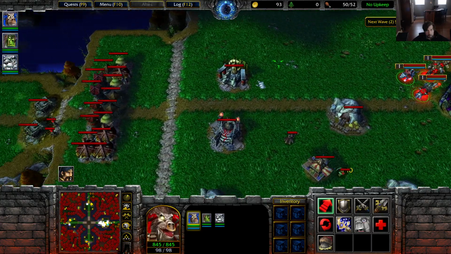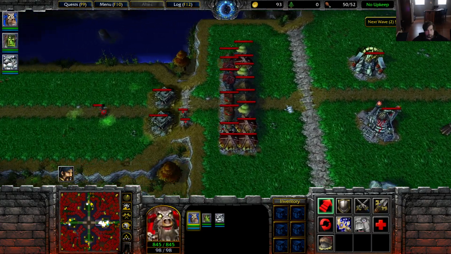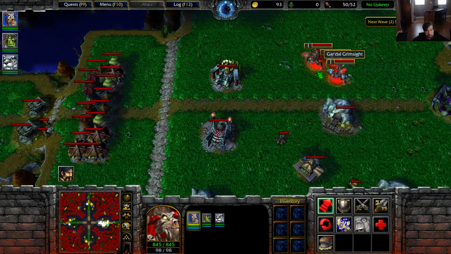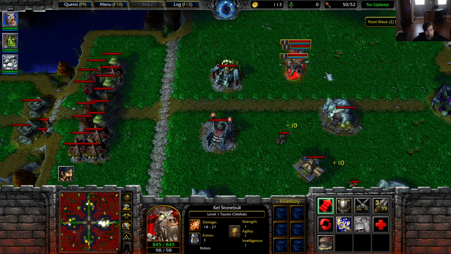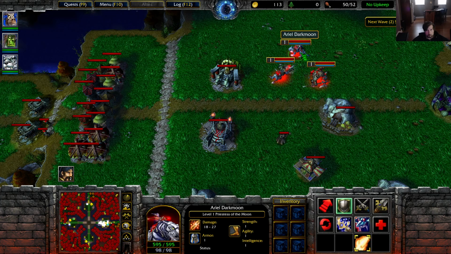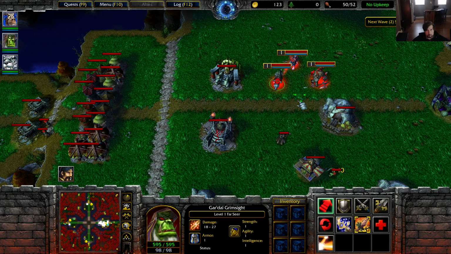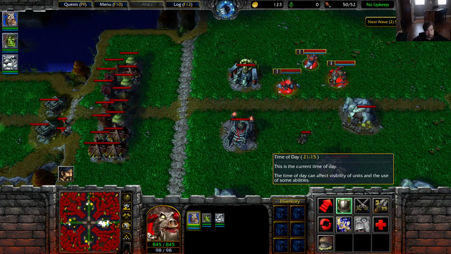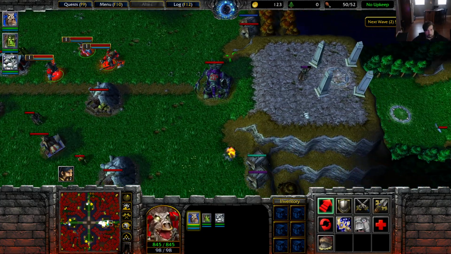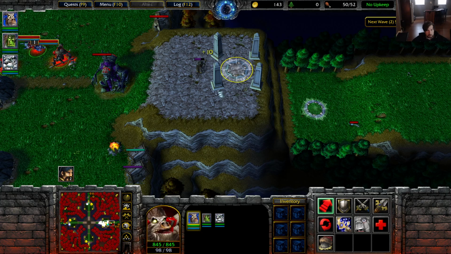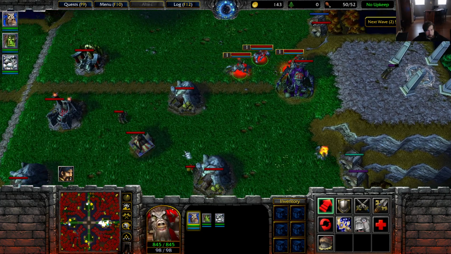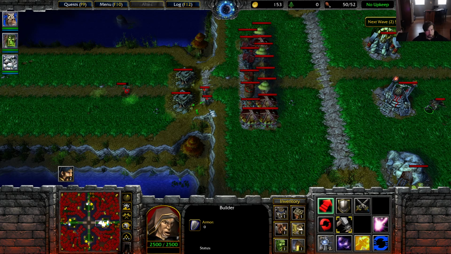So, heroes, what do you do with heroes, right? In order to buy items for them, you need wood. Wood is only used for hero items. You don't get wood from anything out here, so you're thinking, oh, where do I get my wood? Actually, if you go back here, you will find yourself